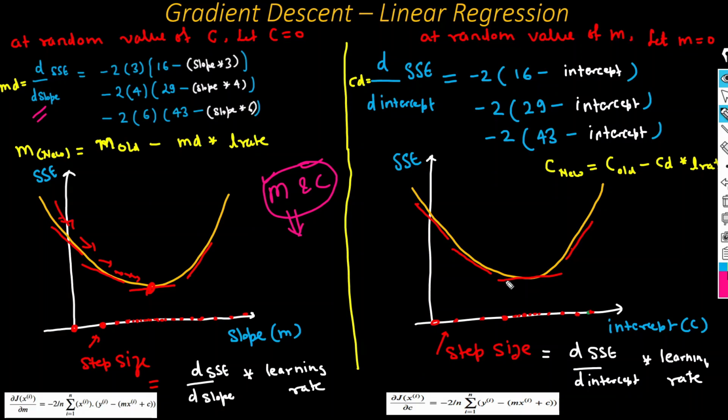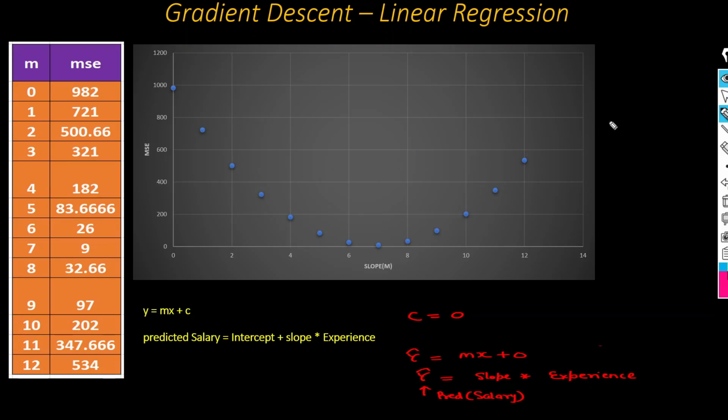Different slopes at different m and c values, and we try to calculate the sum of squared error. Where we get the least slope, or we can say the slope is close to 0, at that value of the slope we get the least sum of squared error. The next value of m and c we calculate using this particular formula. As you can see here, initially we take a large step, then the step size gets smaller.